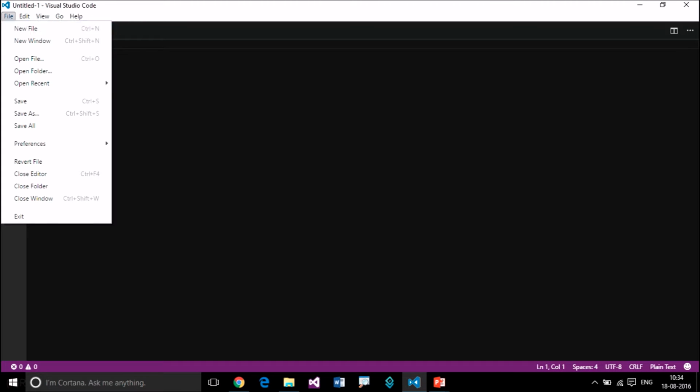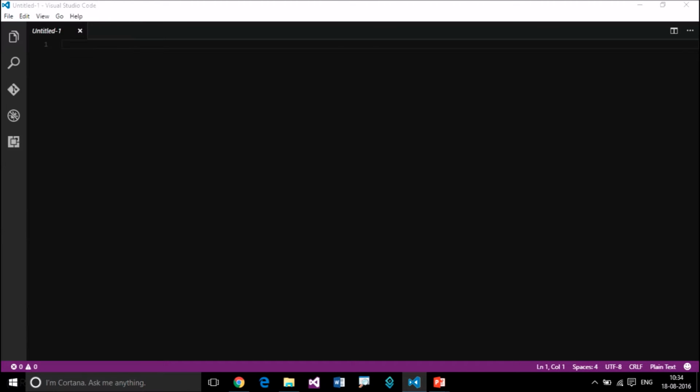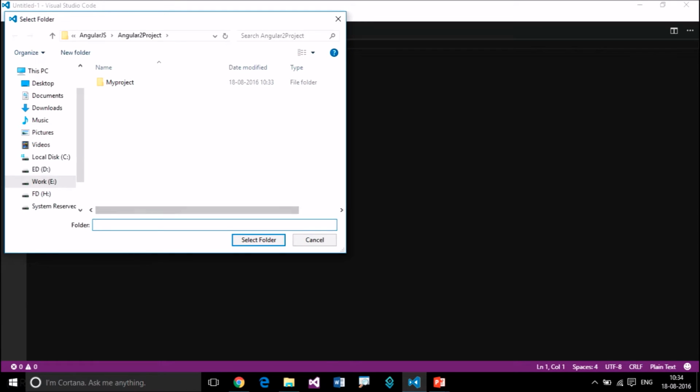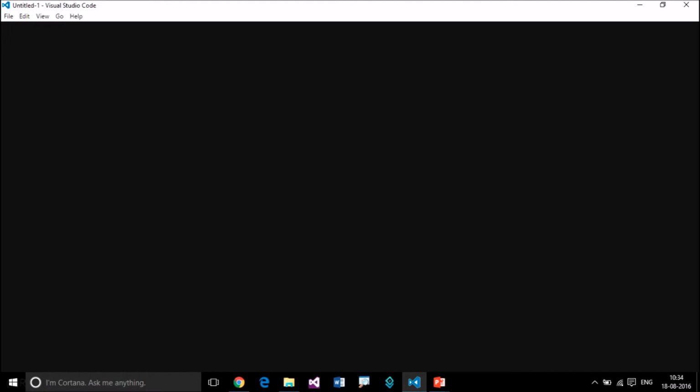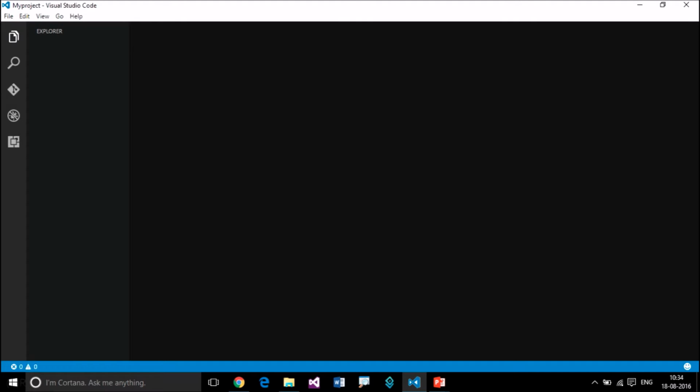So for that go to File, then Open Folder. This is the project folder I just created, right? Select that folder. So it opens up my project folder for me, my project directory.